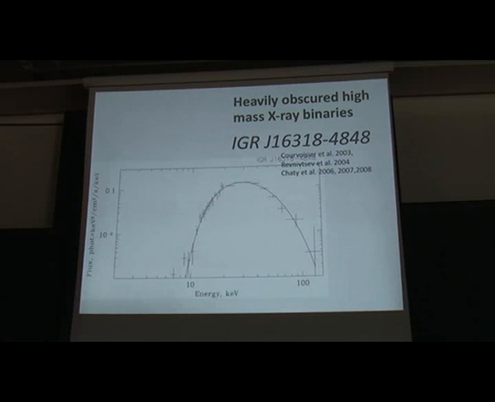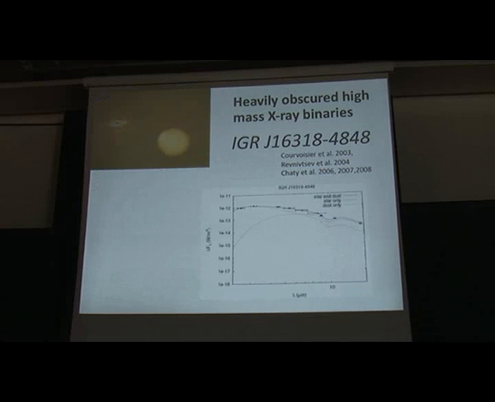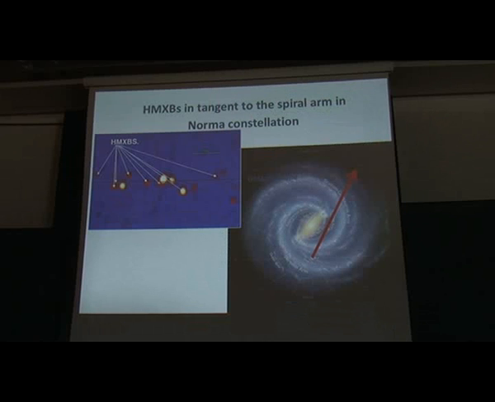A study of the source showed that it is a high-mass binary with an optical companion which has a very powerful wind, and this powerful wind engulfs the X-ray source and absorbs a lot of X-ray light from the source. Studying in infrared, you can see here the broadband spectrum of the source, and you see a lot of emission from dust around the source. So it definitely shows that the source is enshrouded by dense stellar wind.